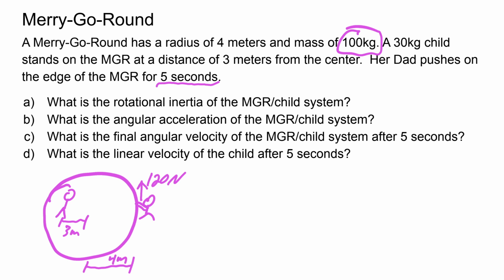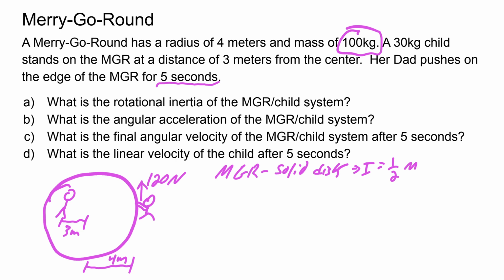All right? And we're going to solve a number of things, and we'll go through it step by step. So the first thing we want to know is the rotational inertia of the system. Now, for simplicity, we're going to treat the merry-go-round as a solid disk. And the inertia equation for a solid disk is equal to